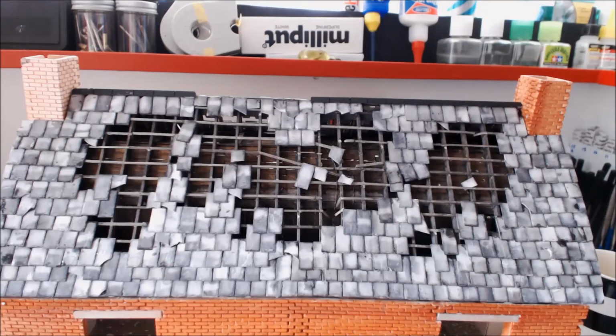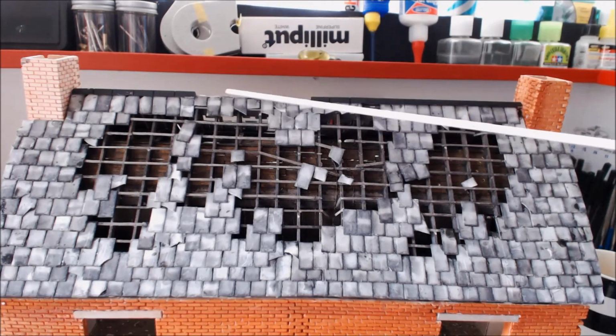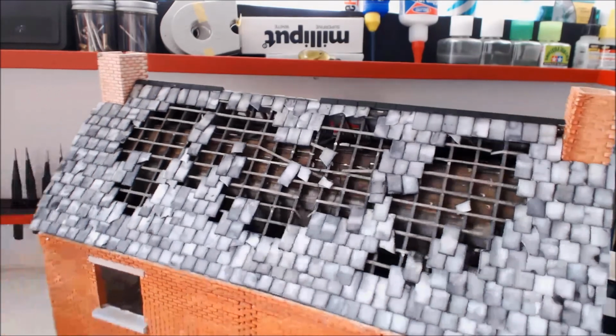Right, we left off the last clip. I was going to do the ridging, which I've done. I've glued the ridging on, but I haven't glued anything on in between for the moment because I just need a little bit of time to work it out. Now if we go round to the front,